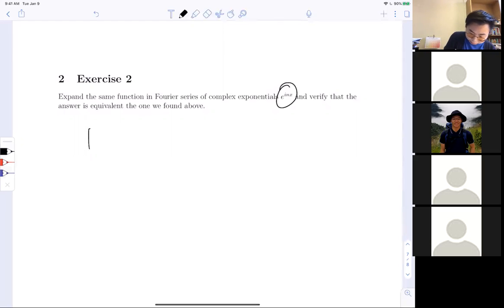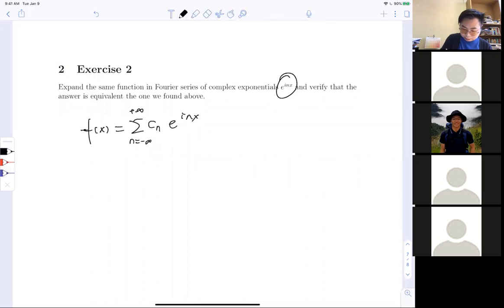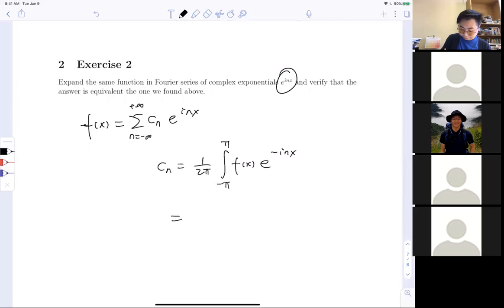We know f(x) can be written as the sum of c_n times e^{inx}, where n goes from minus infinity to plus infinity. c_n is given by... there's one thing I want to say, so let me skip the calculation and write down the result directly. The final result is